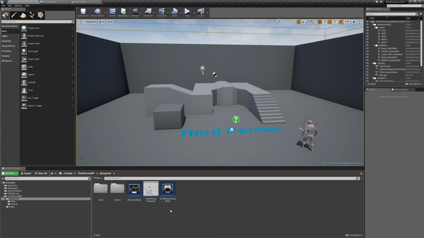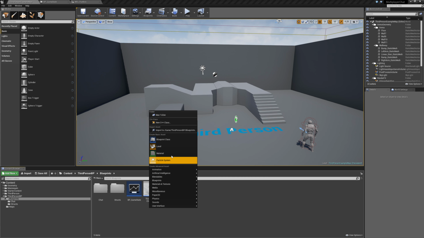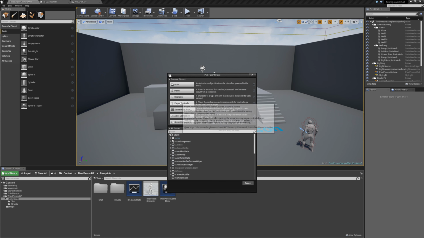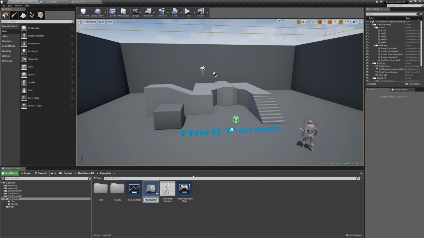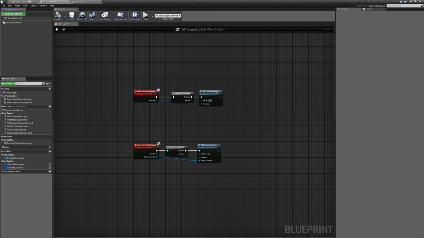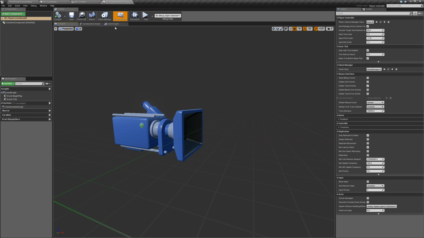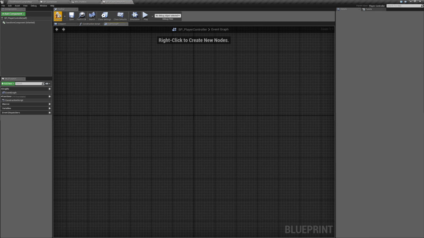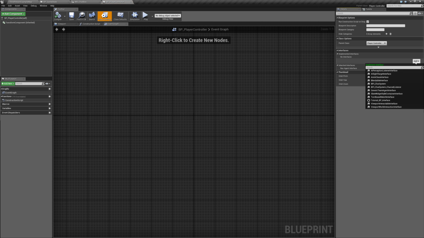We need a new player controller. I don't have one yet in this third person starter project, so let's go ahead and do new blueprint class, player controller, and I'll call it BP player controller. Don't forget to update your game mode if you haven't already, and I'll change that to BP player controller. And let's open up the player controller. First thing first, implement the interface chat system channel listener,